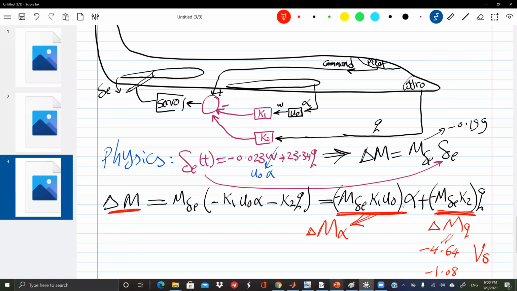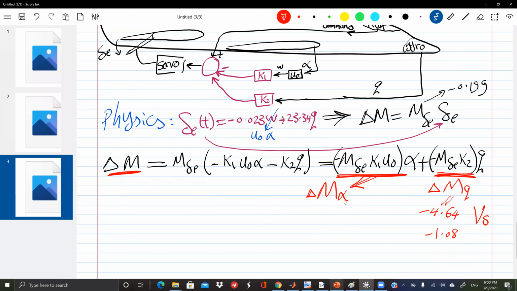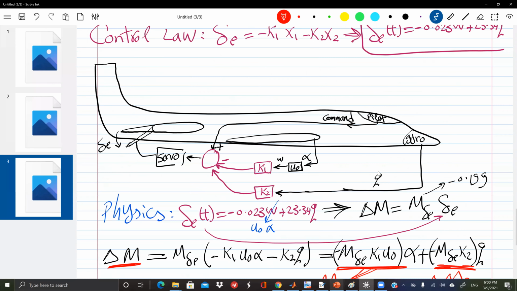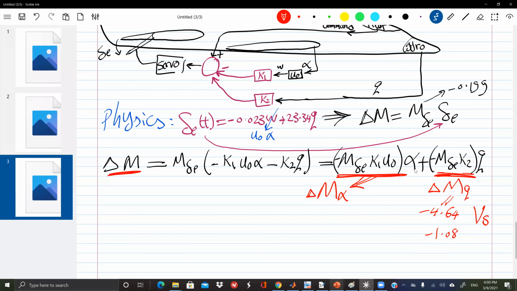And if I'm not changing the stiffness, if I'm not changing the M alpha, it's as if I can really get away with this sensor. I don't need this term. This term is quite small. The additional M alpha is not that big, and I can just simply ignore it. So it's as if K1 is 0. K1 is quite small, so it's as if K1 is 0, which means that you don't need this alpha measurement,